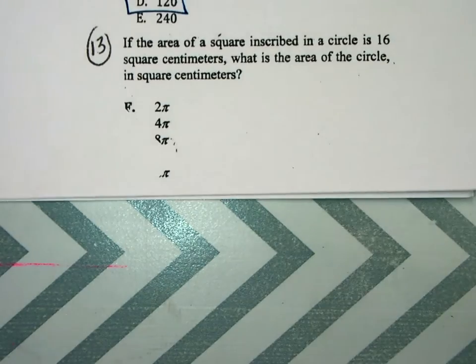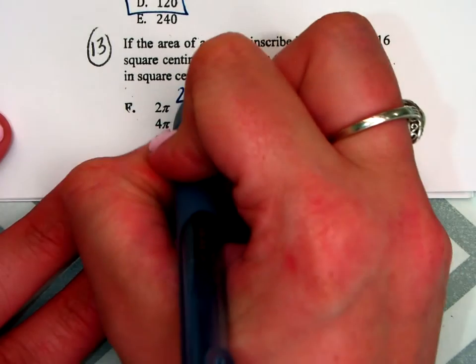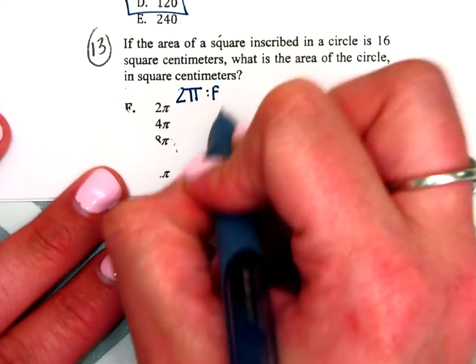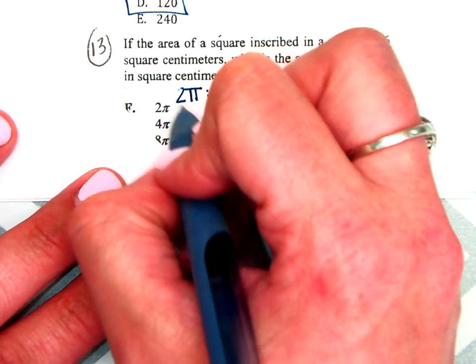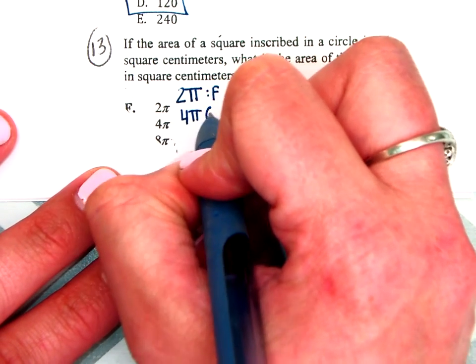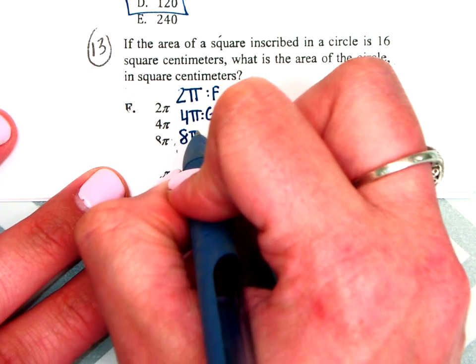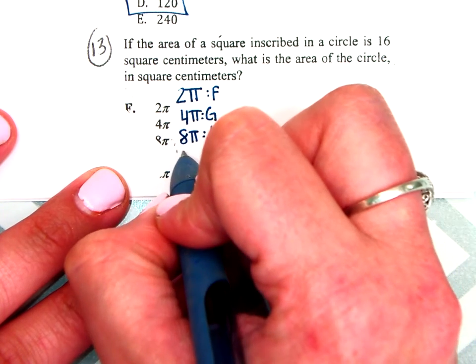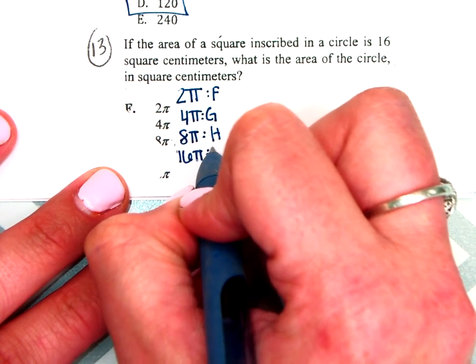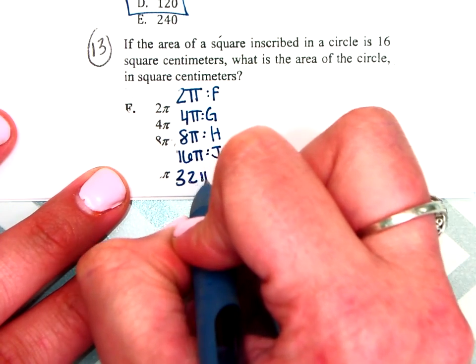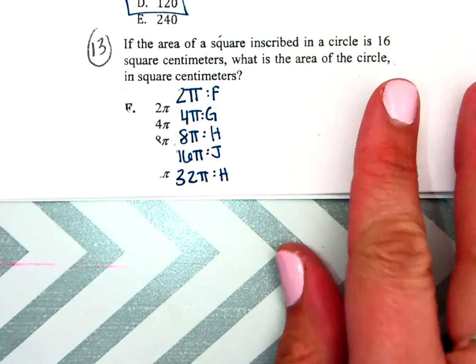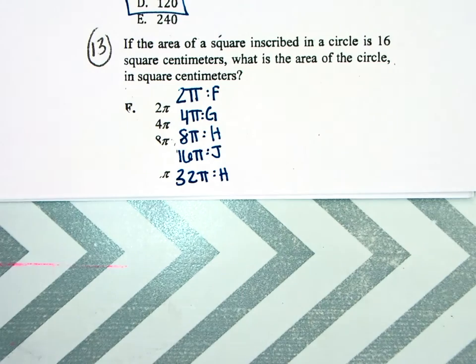Number 13 has been cut off by the copier, so here are our answer choices. 2 pi is F, 4 pi is G, 8 pi is H, 16 pi is J, and 32 pi is K. All right, so if the area of a square inscribed in a circle is 16 centimeters, what is the area